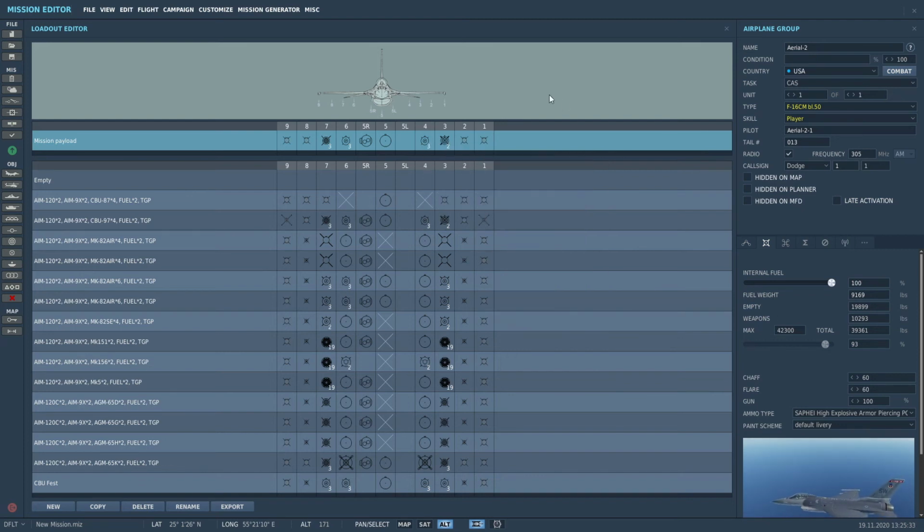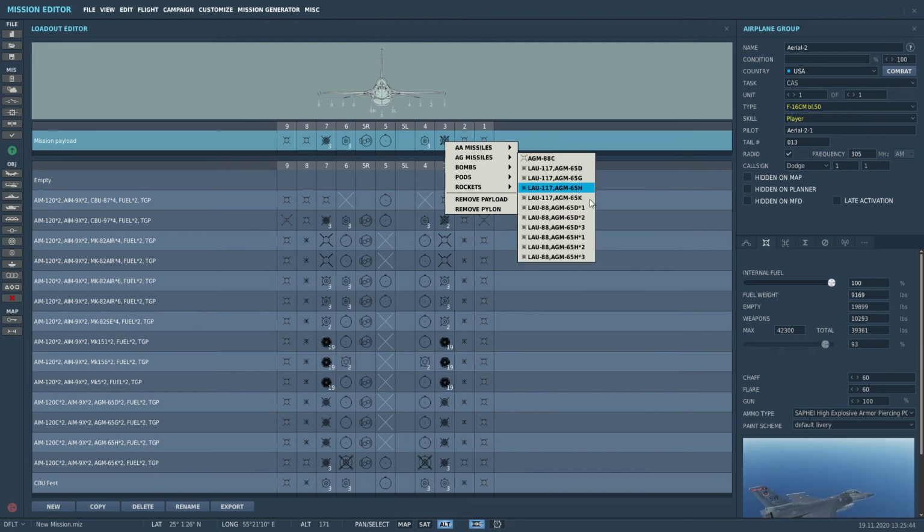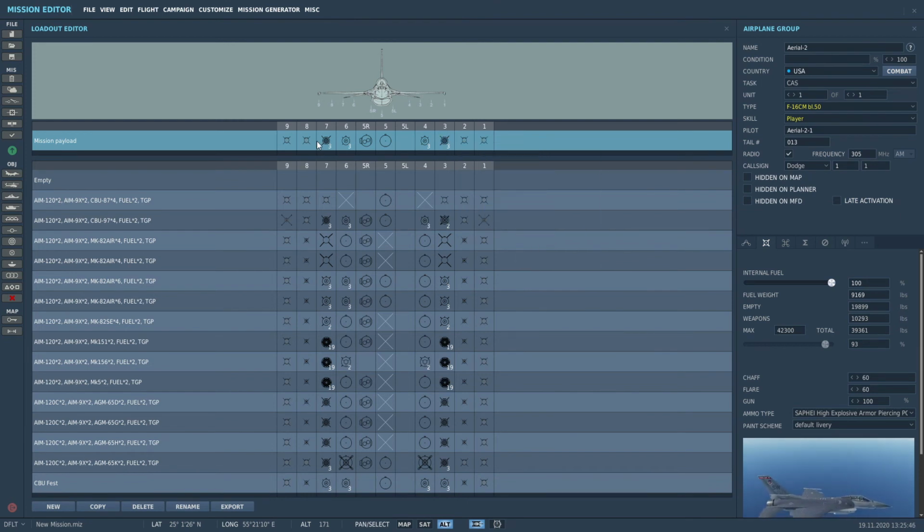Mark 82s are fun. Mark 82s are fine. I've got Mavericks. I've got GBU-12s. I'm probably going to add more Mavericks. 3 Deltas, 3 Deltas. I'm going to be a bit heavy, but that's okay. I'm going to switch this to HEIT, so I actually have tracers so I can see where my rounds are